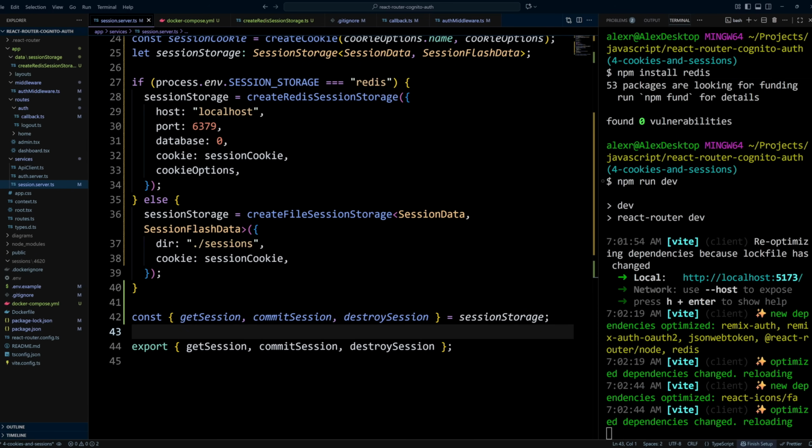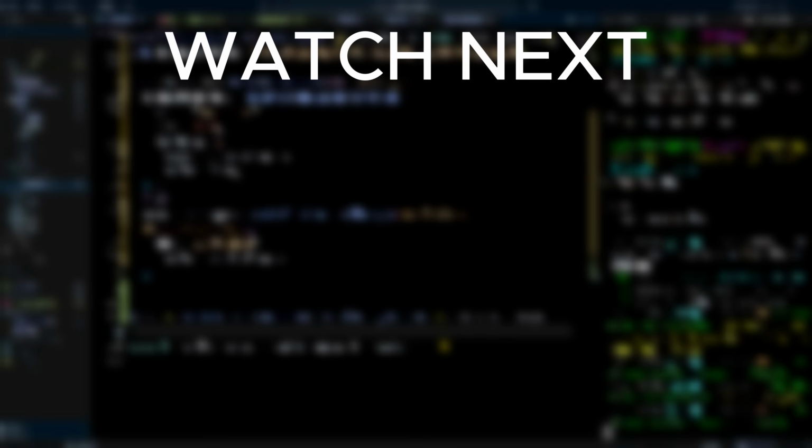With this approach, you can easily switch your session storage depending on your environment or scaling needs, all with just a configuration change. And if you want to take authentication even further with a Cognito MFA and social logins,